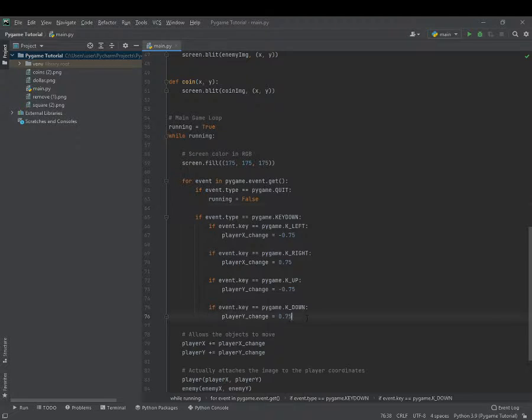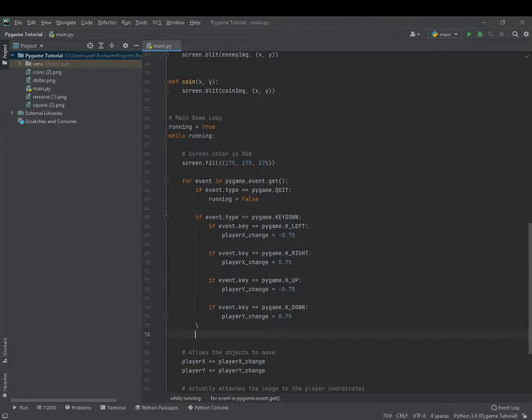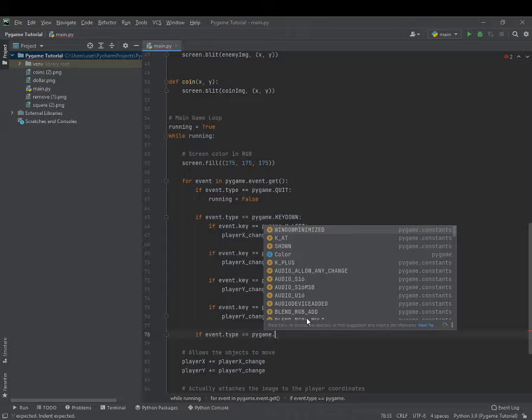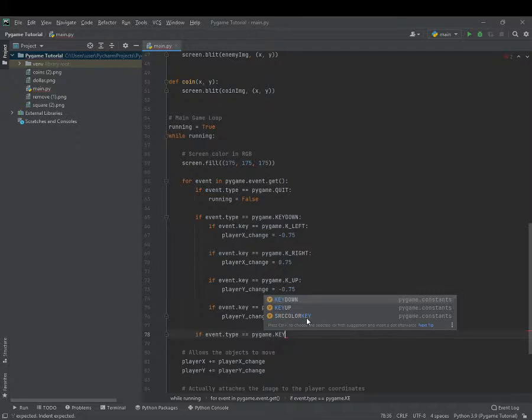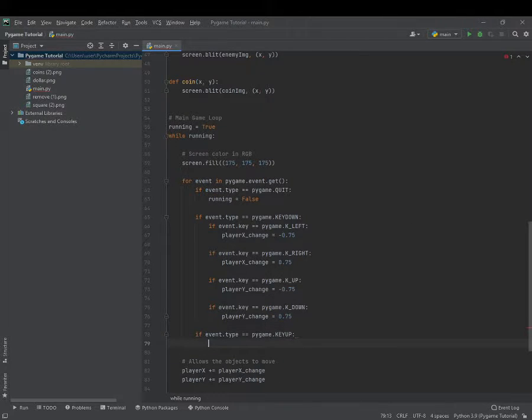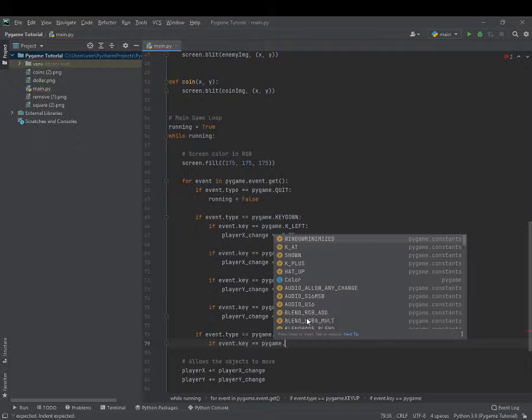So I will make an if statement saying that if event.type is equal to pygame.KEYUP. So that's basically whenever the player lets go of the key, then we'll say if event.key equals pygame.K_LEFT,